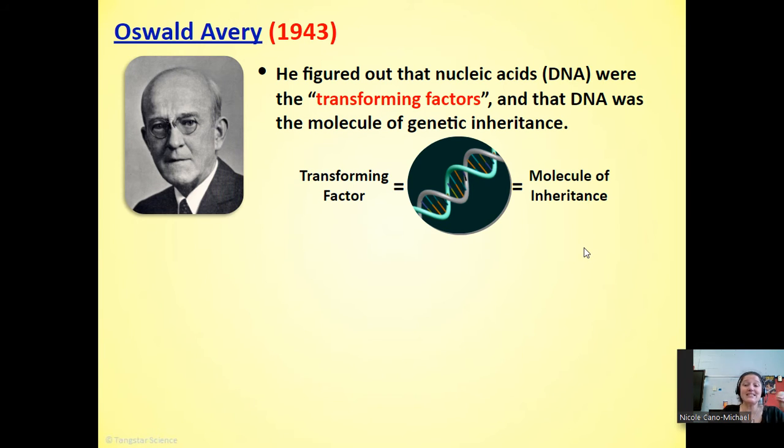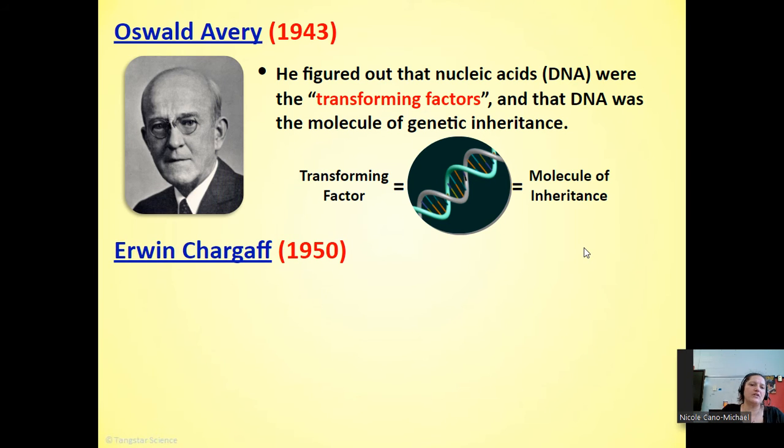Side note, this is how science works, by the way. Somebody comes up with something so out there that most scientists are like, "Nah, whatever, dude. Like, nope, you obviously messed that up." And it sometimes takes years for other scientists to run experiments to confirm what had happened. So this is what happened to Avery. He came up with something that was so out there, something that nobody was ready to believe, that nobody believed him. And it took almost 10 years of other people running this data for people to actually believe that DNA was the transforming factor and the molecule of genetic inheritance.